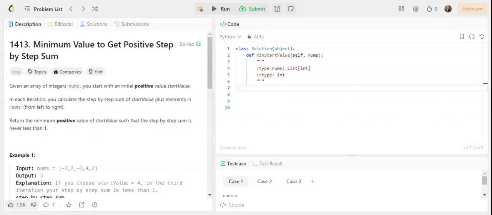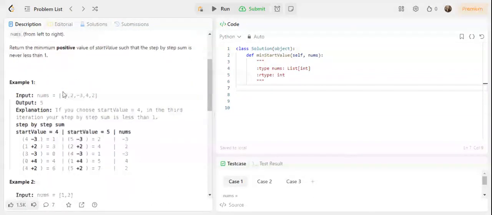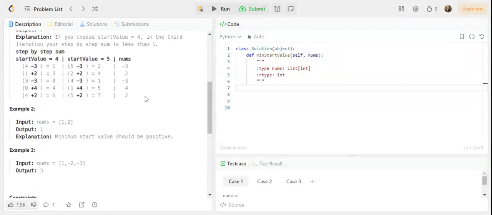The catch is that we need to perform a step-by-step summation of the elements in nums from left to right, ensuring that the sum is never less than 1 in any iteration. So we will walk through a couple of examples. First of all, it is given that nums contains both positive and negative numbers, and we are given one output: if we do summation with 5, we will end up with a positive value. So basically we have to find that